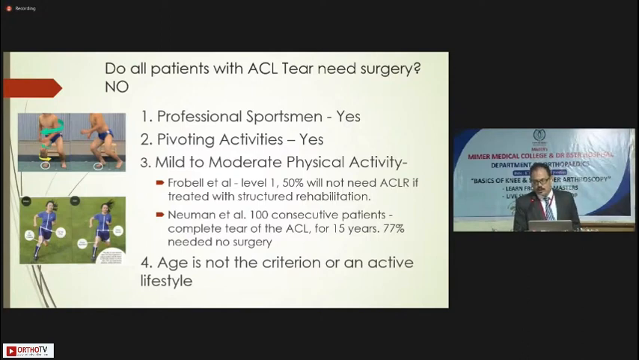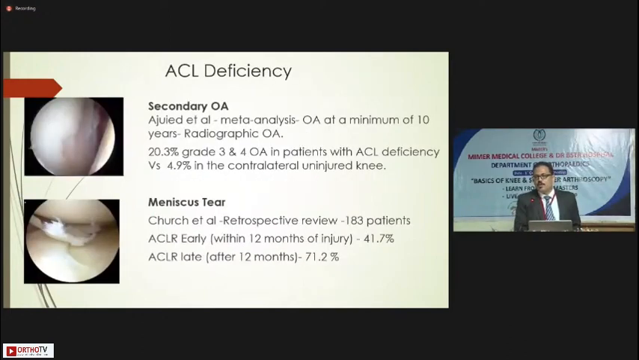Neumann et al., 100 consecutive cases at 15 years, 77% did not need surgery. Of course, it means that they have done the structured rehabilitation protocol. Age is not the criterion, and an active lifestyle is not an indication for surgery. Now, there are a lot of contradictory papers, certain supporting, certain against. And this is one of the papers which suggests that there is a lot of incidence of OA